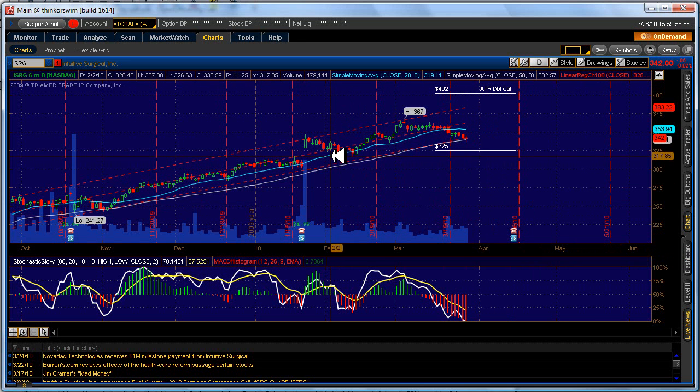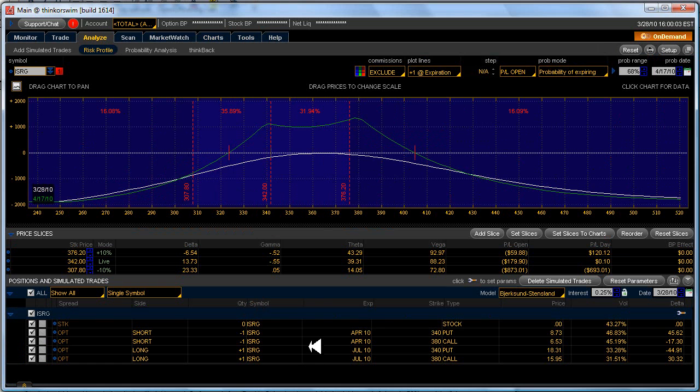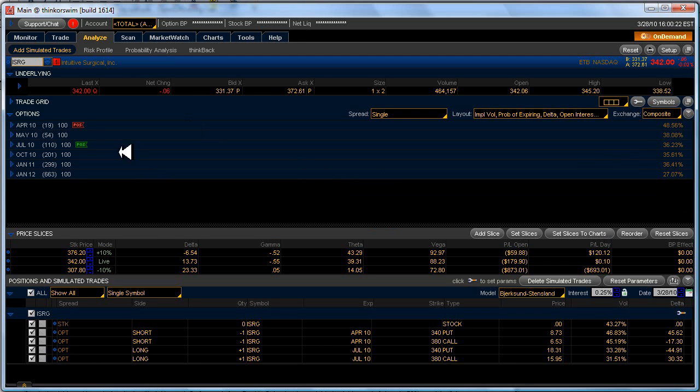So, what's going to happen? I don't know. But let's get prepared for what might happen. I may want to do an adjustment, so I can throw an adjustment in here. What I would do is probably get another put calendar down here. If I needed to adjust on the call side, then I would buy a call calendar. But down here, I will buy a put calendar. So I go to add simulated trade,